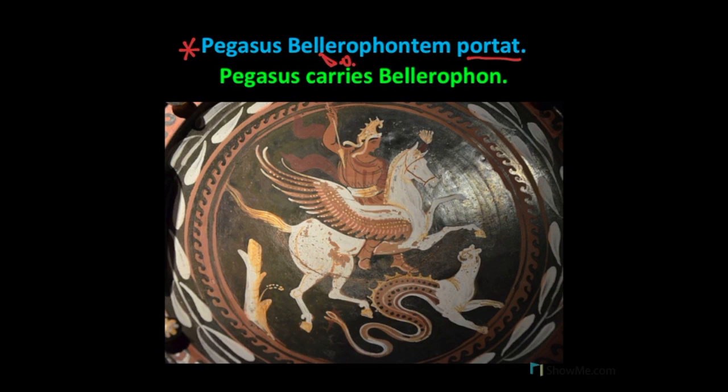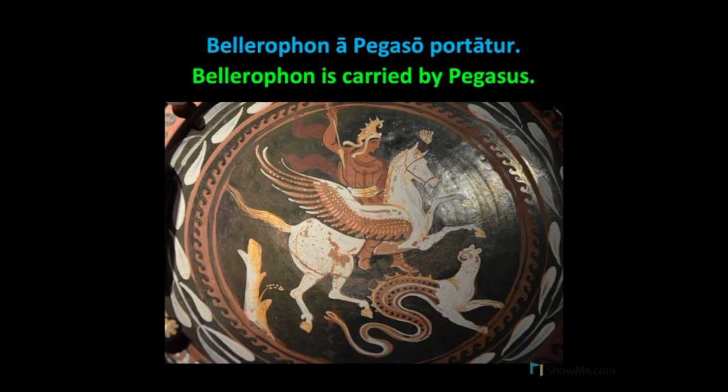Here's how we express that same idea in a sentence with a verb in the passive voice. Bellerophon a Pegaso portatur. Bellerophon is carried by Pegasus. Now recall that for a passive voice verb, the subject receives the action of the verb. So our verb in this example is portatur, which uses a passive voice ending. Think about r, ris, tor, mer, mini, and entor. Bellerophon is the nominative subject, and a Pegaso uses the ablative of agent construction to show that Pegasus is performing